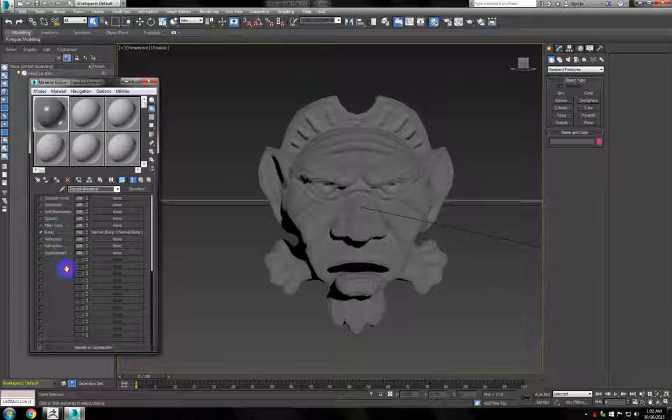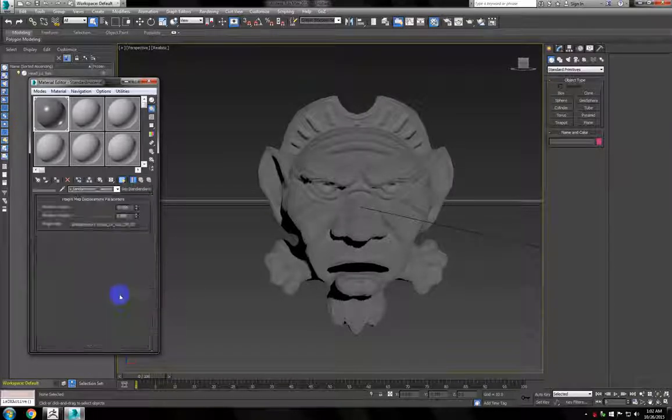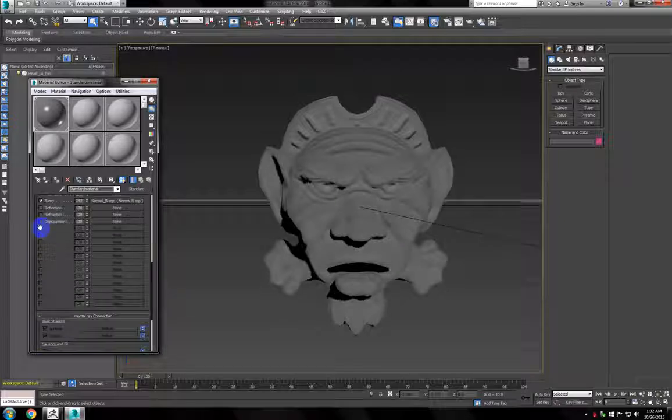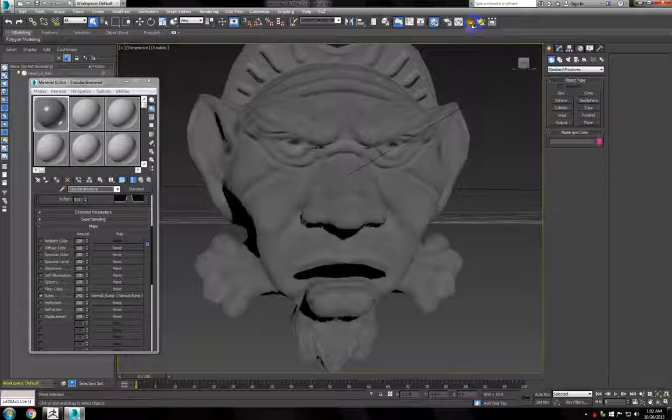And if I go a bit further down, mental ray connection, there's displacement. And we see the displacement map has been carried over from ZBrush. Now I'm going to disable displacement for a second, and I'll do a quick render just so you guys can see what's happening. So hit render,